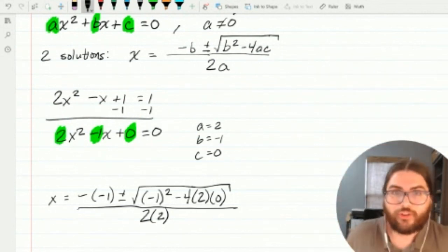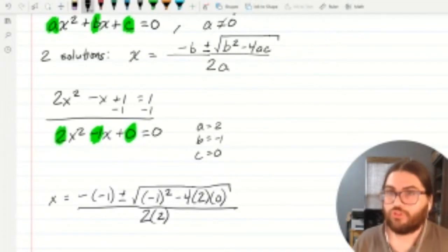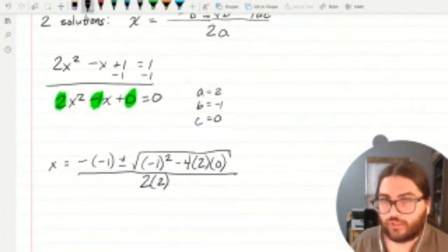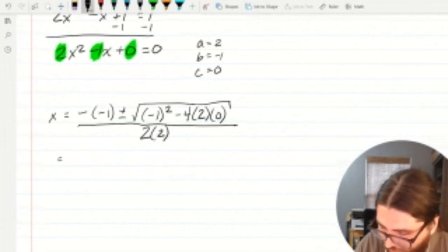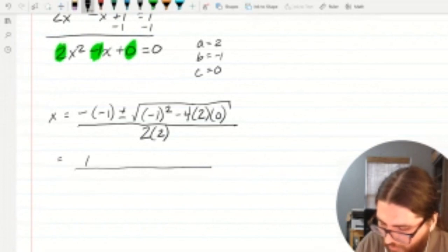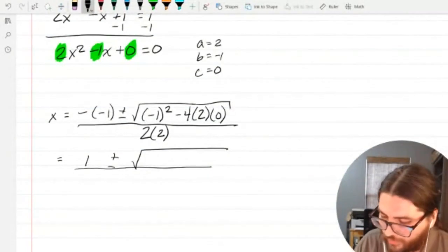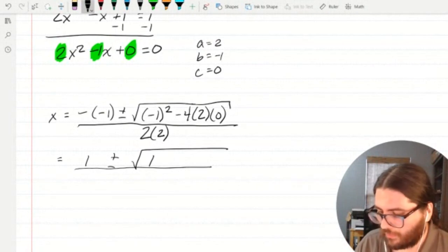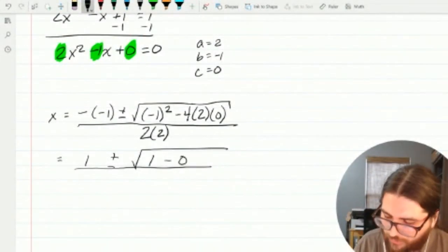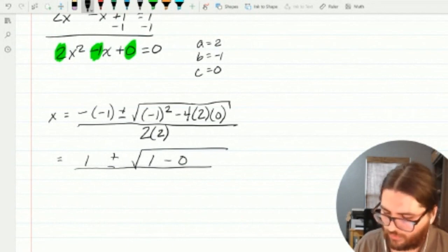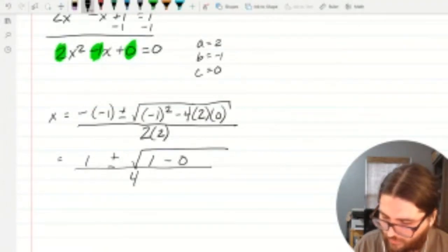Now, if you could type all this into your calculator, you'd be good to go. Type it in there twice, once with a plus and once with a minus. But since I don't have my calculator handy, I've got to do this by hand, so to speak. Minus minus 1 is 1. Negative 1 squared is positive 1. 4 times 2 times 0 is 0. Times 2 is